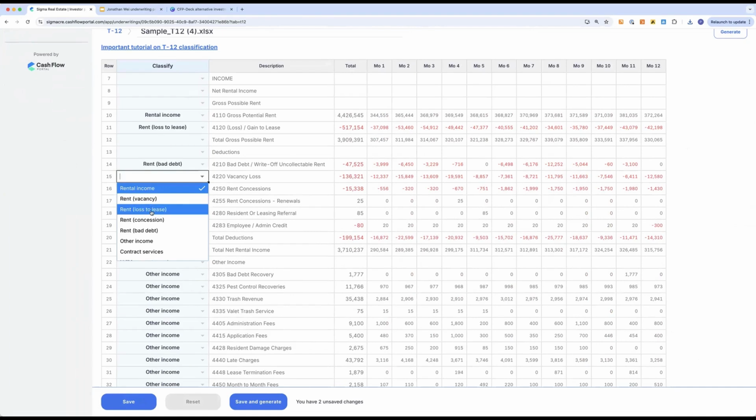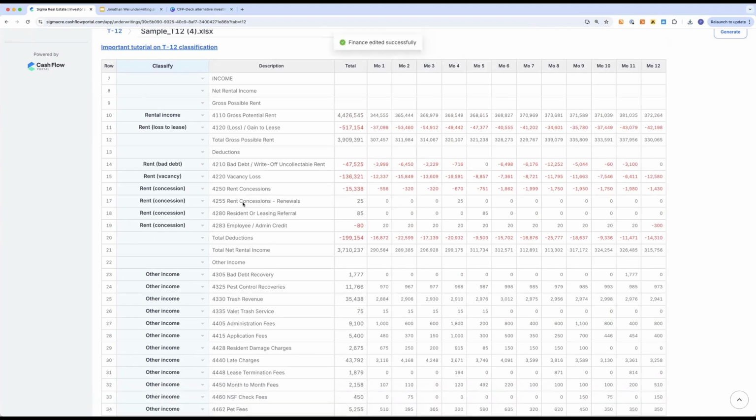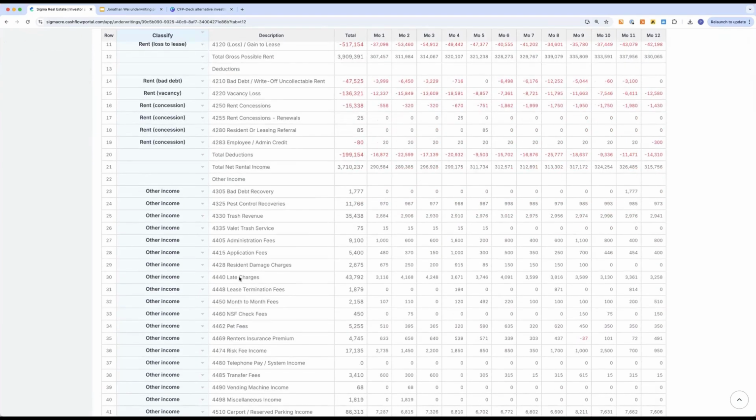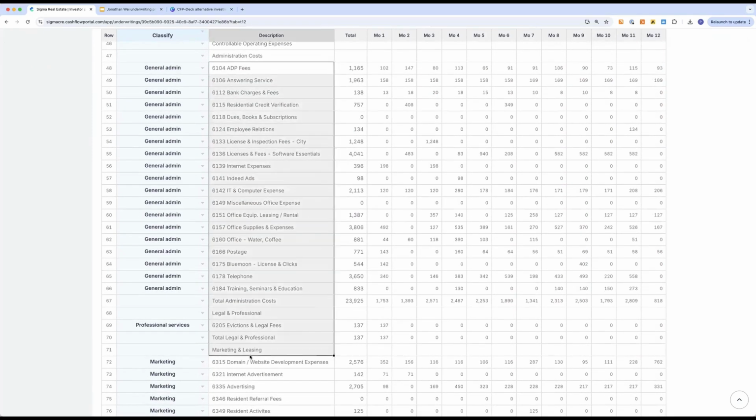This is actually just vacancy. This is my concessions, and there are more concessions. So you can drag and drop all the way down. These are all my concessions, just like a spreadsheet. So this is a more granular classification if you want to, but you being the user have the final say always. Here's the general admin.